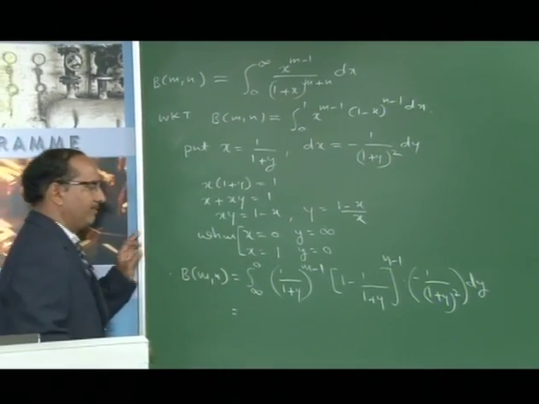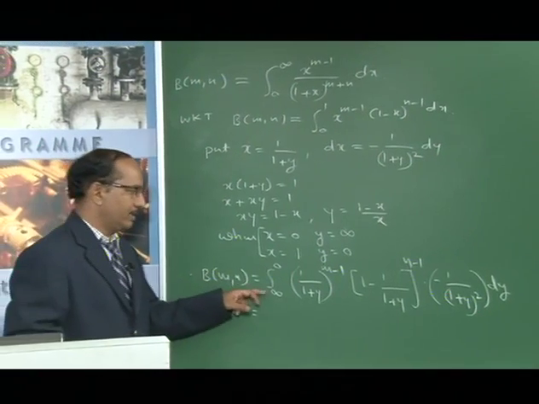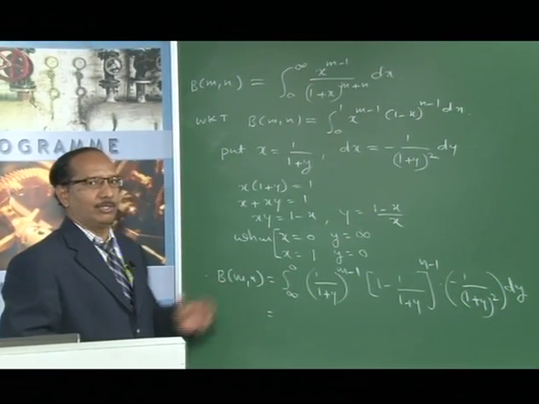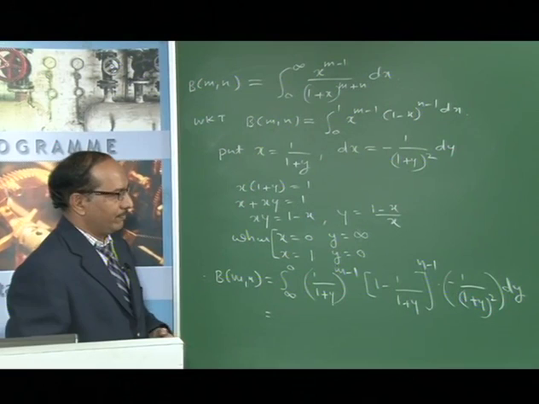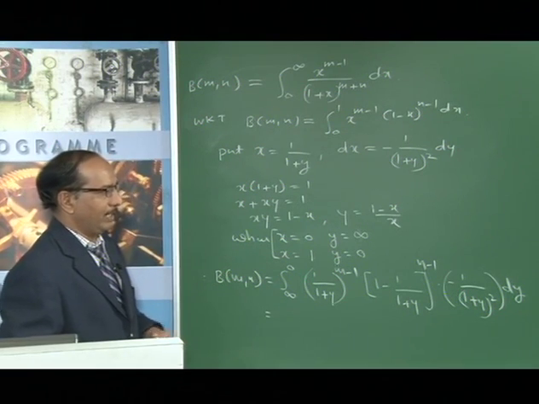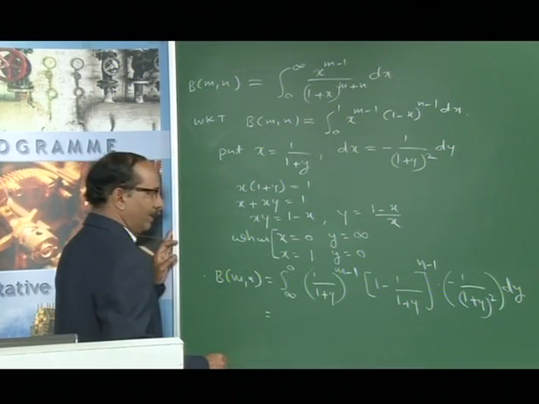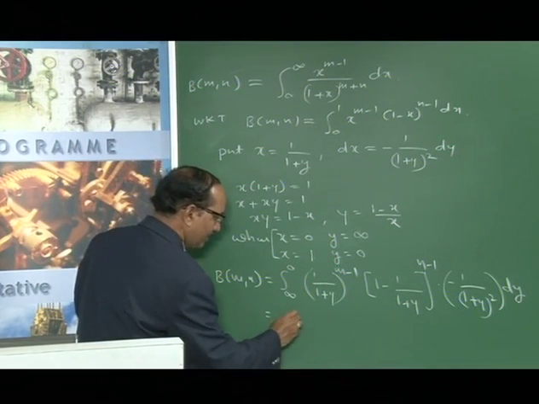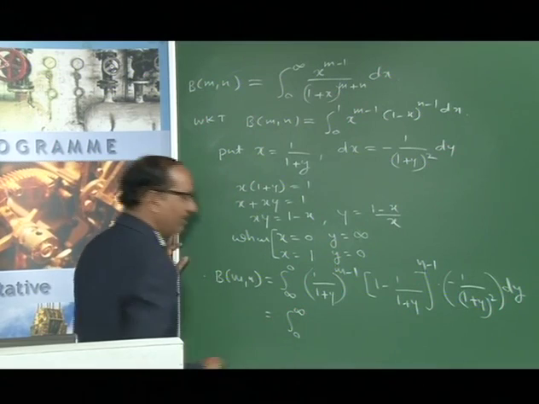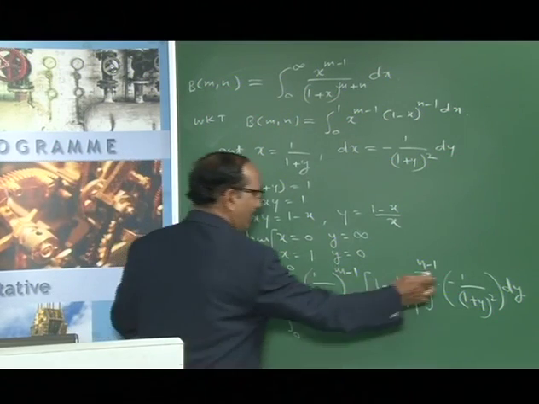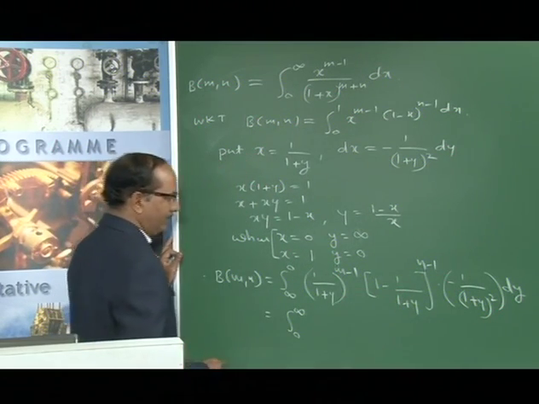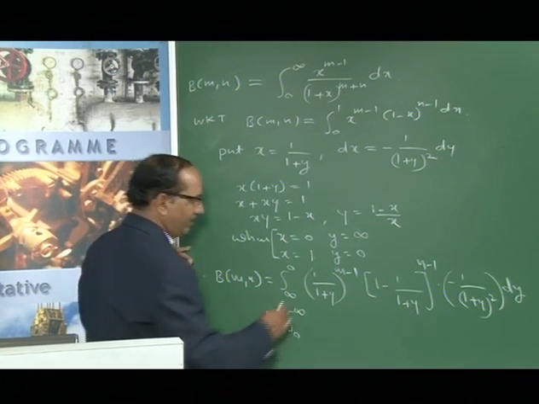There is a property of definite integrals: we can interchange the upper limit to lower and the lower limit to upper limit, for that we multiply by a minus sign. So I am removing the minus sign, which means multiplying the minus sign into the entire integral, and that changes the limits of integration. That is why I am removing the negative sign and changing the limits of integration. So it is